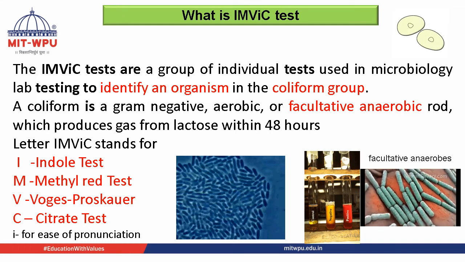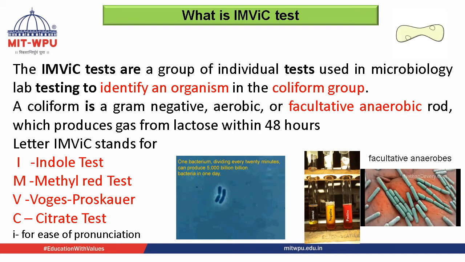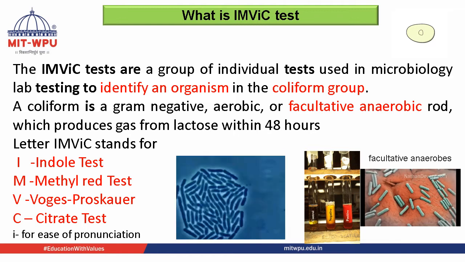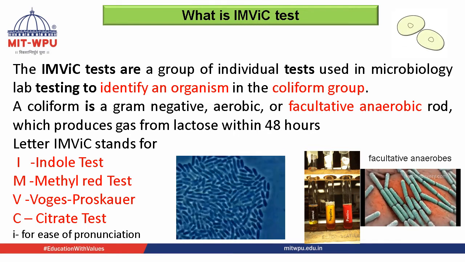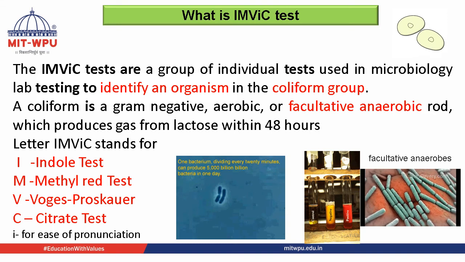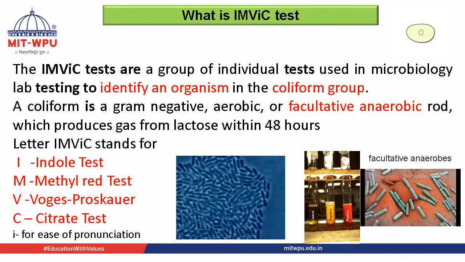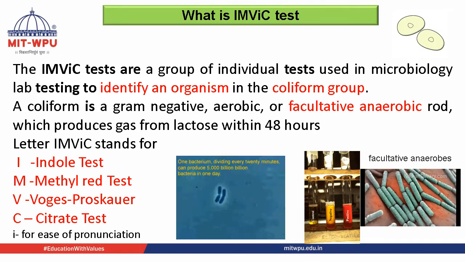Coliforms are gram-negative, aerobic, and facultative anaerobes, meaning those microbes can grow in the absence or presence of oxygen. They are mostly rod-shaped, bacillary, and produce gas from lactose within 48 hours, because they are mostly lactose fermenting bacteria. Lactose fermenting and non-lactose fermenting is also one classification, because some bacteria ferment lactose and some do not. Based on intermediate metabolites and certain enzymatic activity, the end products often give valuable information in identifying and classifying the microorganisms.